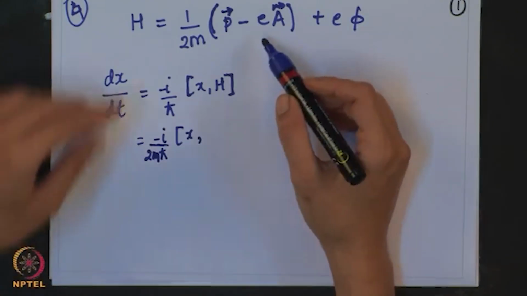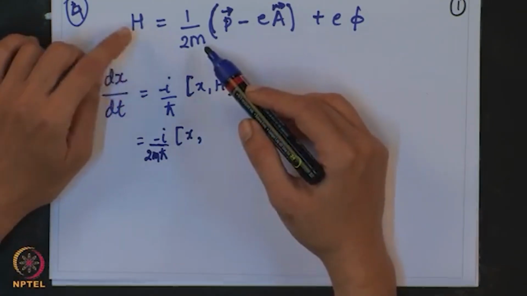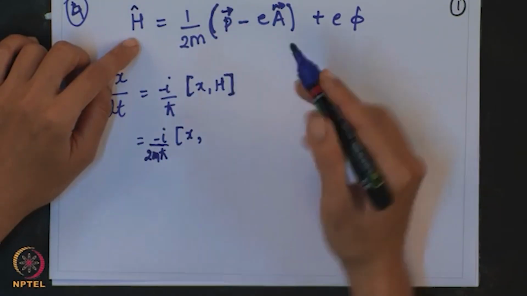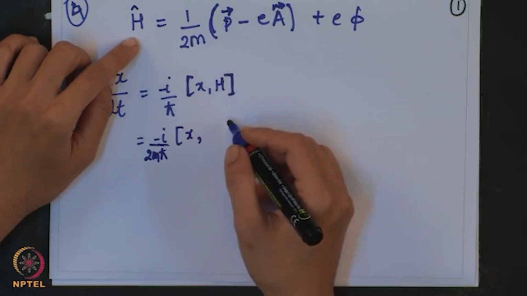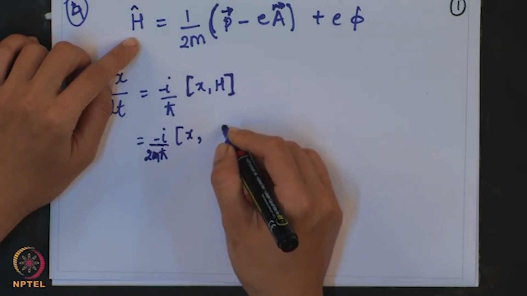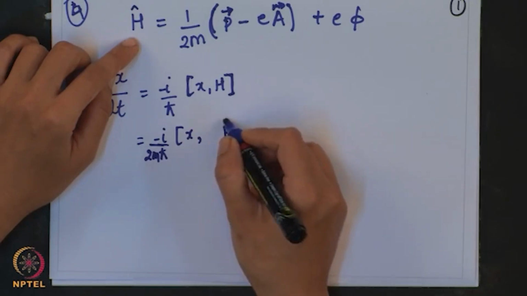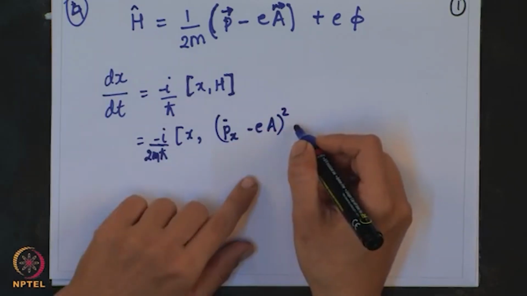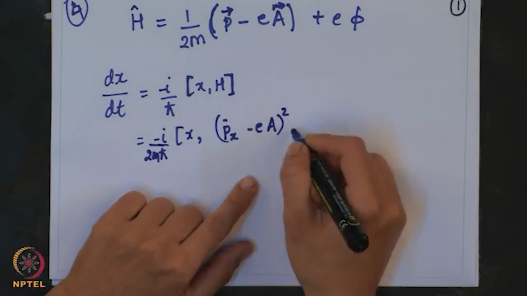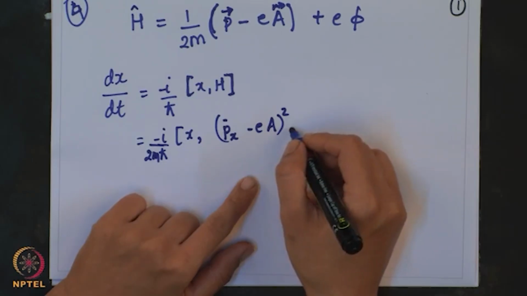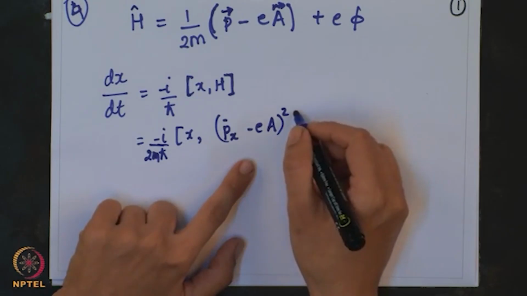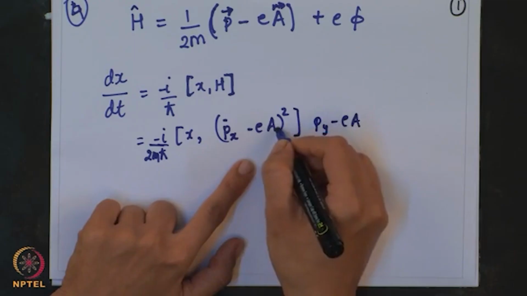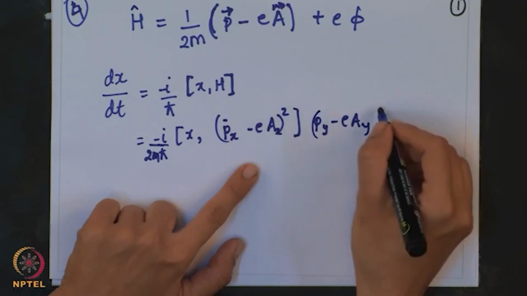And when I use this Hamiltonian operator, I can write px, py and pz separately. So, I will have (px minus eA) square, plus a py term, plus a pz term, right. Here the x component, the next will be y,